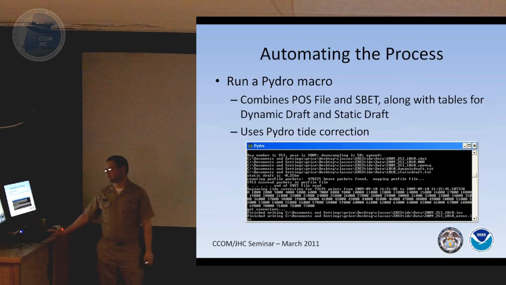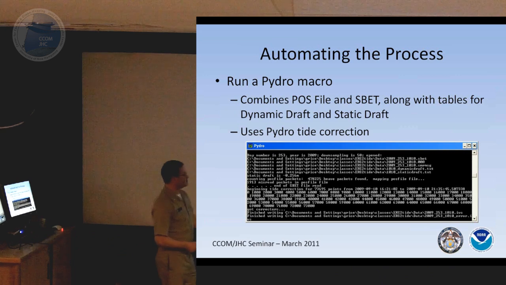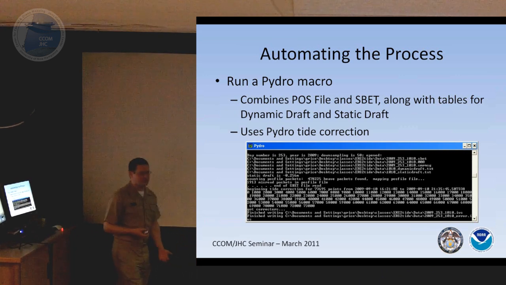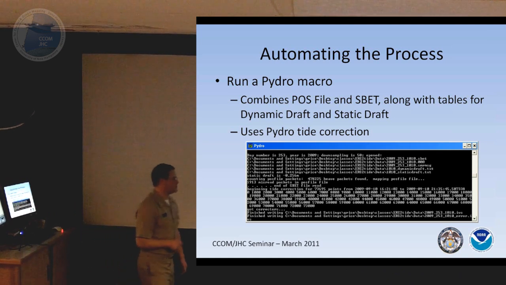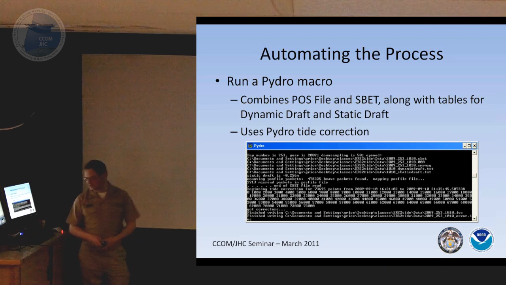Okay, so this process is currently happening through Hydro, because Hydro has a tide correction package in it. Hydro is a NOAA tool that does lots of things. Tide correction is one of them. Basically, it combines the pause file, which has the heave in it, the SBET, which has our ellipsoid height and velocity in it, with tables for dynamic draft, which should say settlement, but also static draft, and then just does the tide correction. So it opens a bunch of files that have all that information, crunches through,